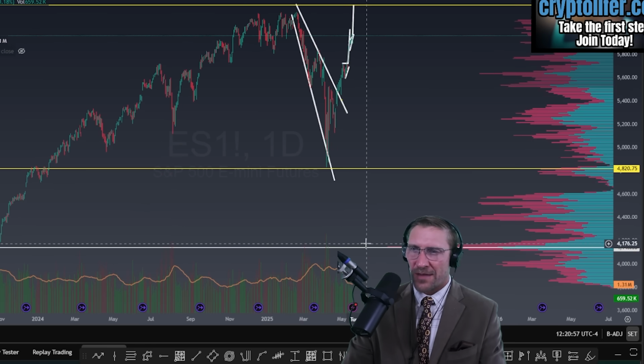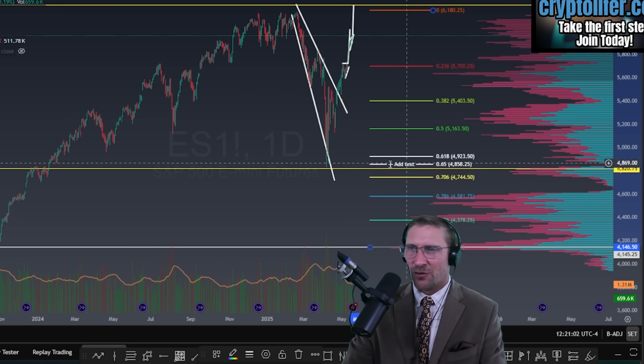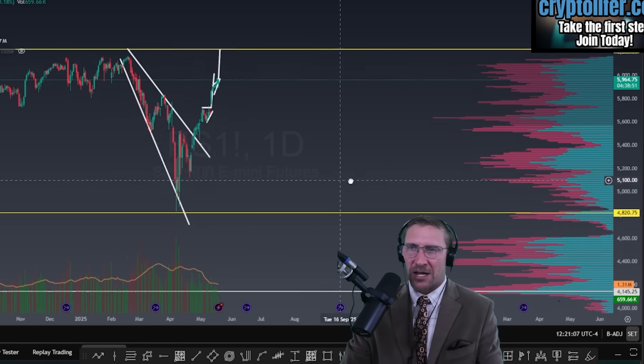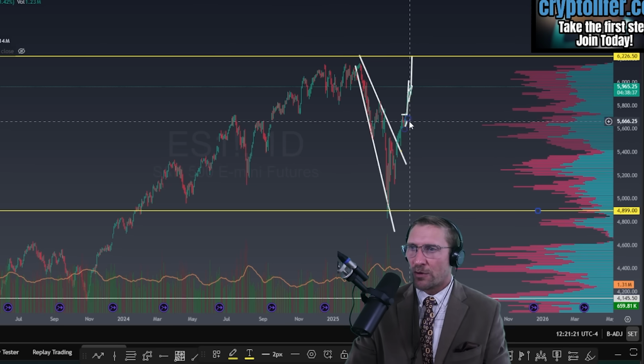Now I drew a fib, and that fib also coincided with the 0.618 golden pocket. Look at that. I look for high volume nodes that coincide with support or resistance, or coincide with a fib level. That told me if we bounce, we would bounce up to this area at 52.5. We did. And then if we got to rip, we would rip up to here where we would consolidate, which